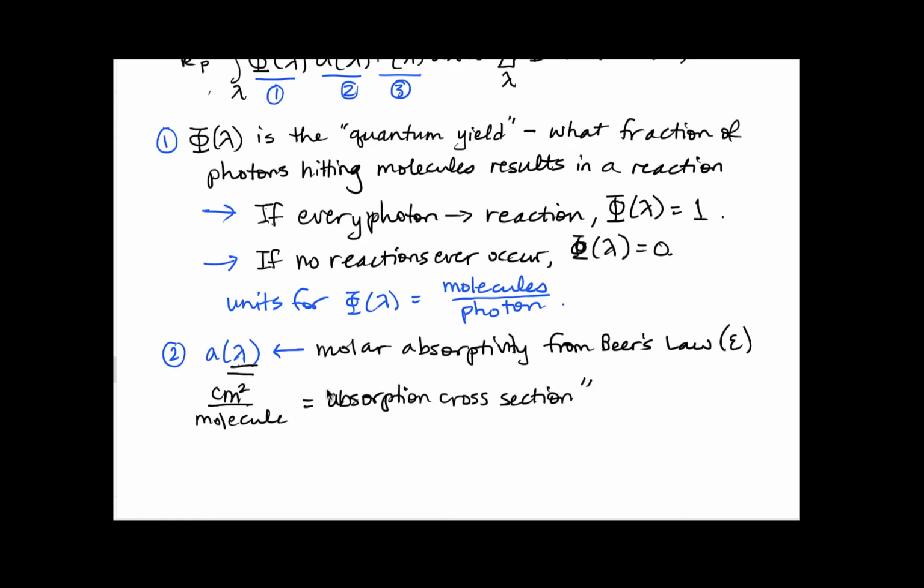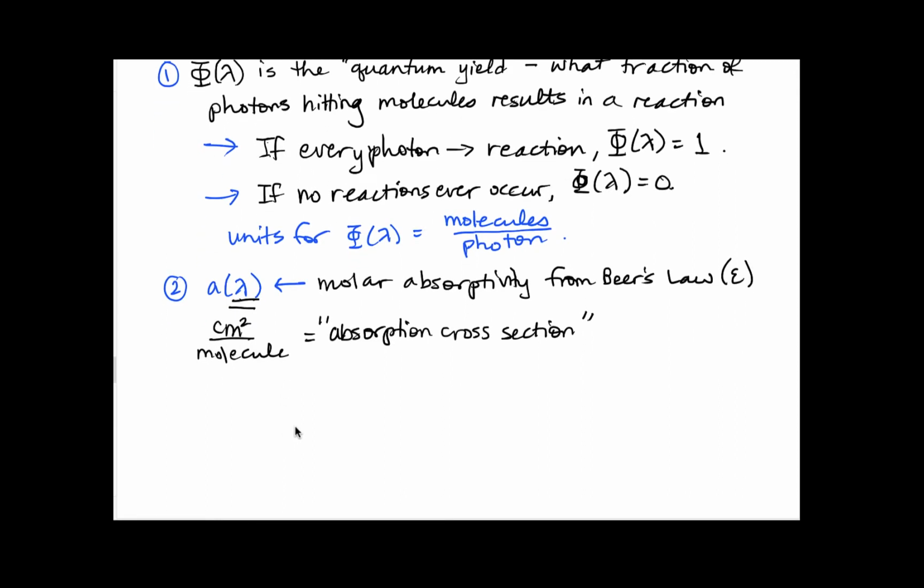So A is for absorption. And you can think about it as a target. How big of a target does the molecule make, right? So that's where the cross-section point comes in. So depending on our molecule's shape and orientation and size, it's going to have a different cross-section. And depending on that molecule, it will have a certain area that it presents for the light to be able to hit it, okay? And then our third factor,